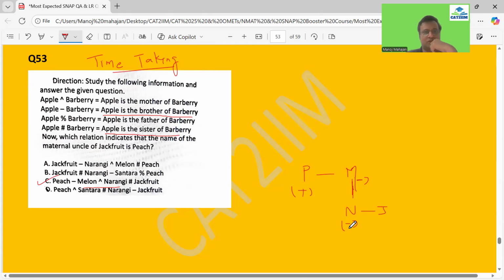Now they are asking what the relation is. The question indicates that the maternal uncle of jackfruit is peach. So if you look,